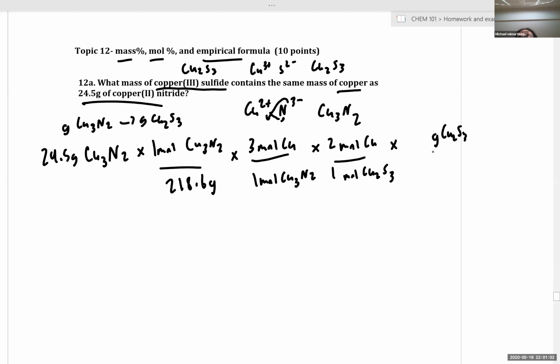Oops, let's check. This should be reversed. We're using our moles of copper as our relationship, and we know that we have 1 mole of copper 3 sulfide for every 2 moles of copper. So now our moles of copper cancel. Now when we plug in our grams of copper 3 sulfide,